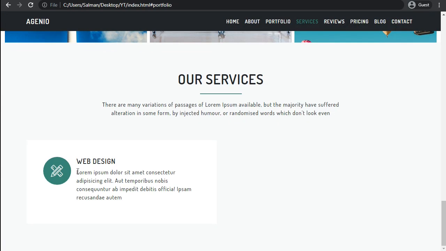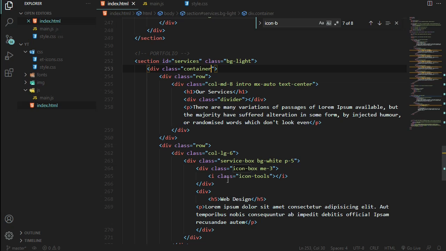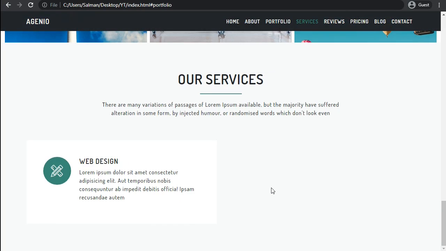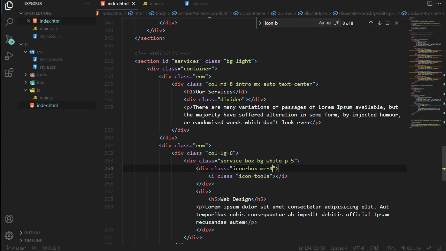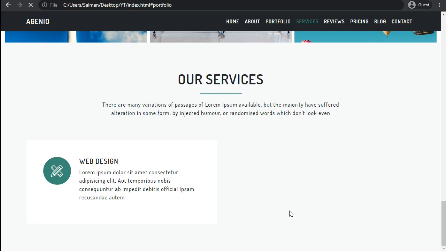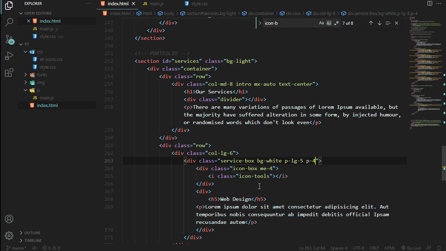Okay, now I want to give some more space between the icon. It's going to be 4M. So 4M is looking perfect. So I want to give the space on LG. Okay, and below the LG, the padding is going to be 4M. Okay, so I'm going to